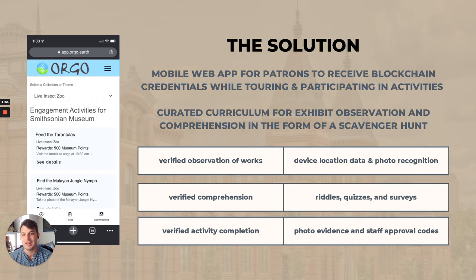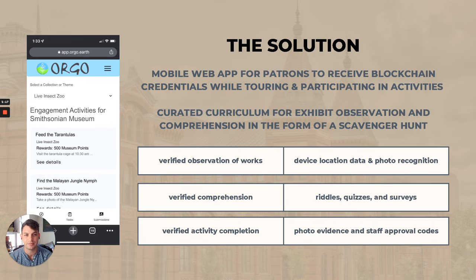So we have here feeding the tarantulas, and this happens only at certain times, so you've got to visit the museum at the right time, observe this activity, and get the staff approval code that you've completed that. Or the next one, find the Malayan jungle nymph. While you're in the live insect zoo, make sure you have verified your observation of this insect by providing